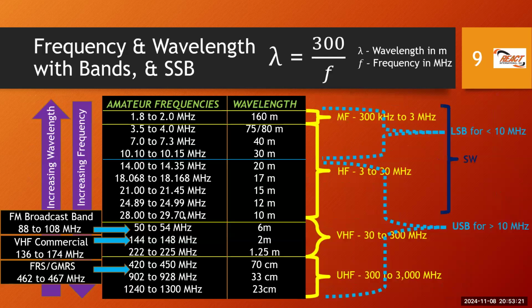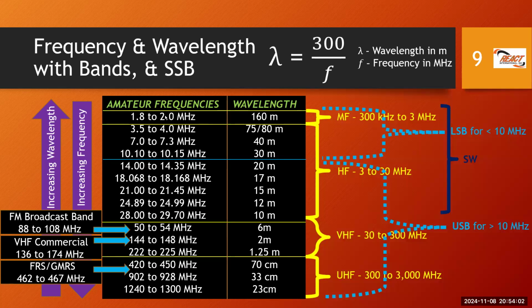Okay. So this is just a reference slide for persons who are a bit more interested in frequencies and so on. This will be of strong interest to amateur radio operators, but I thought I'll include this as a good reference point, because sometimes when we talk about frequency and the bands, and we're just talking about FM broadcast, we talk about FM VHF commercial, and some persons may ask questions about where's the FRS or GMRS radio frequency in the spectrum. So we talked about the radio frequency spectrum. So we have listed a number of amateur radio frequencies here, for when you get an amateur radio license, where you can transmit and so on.